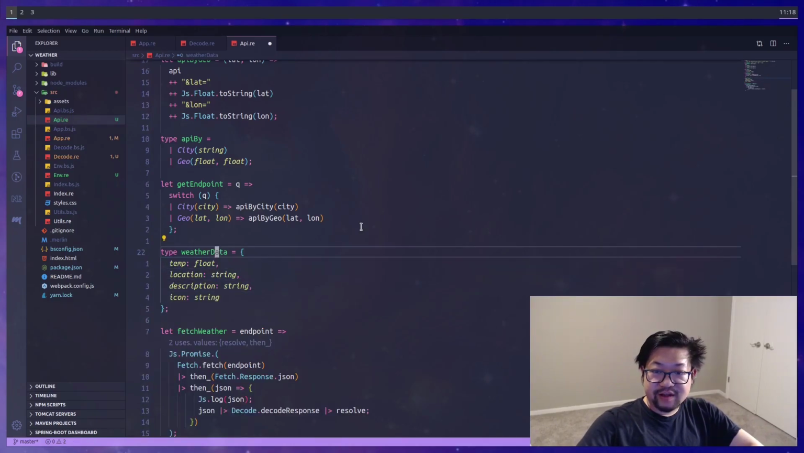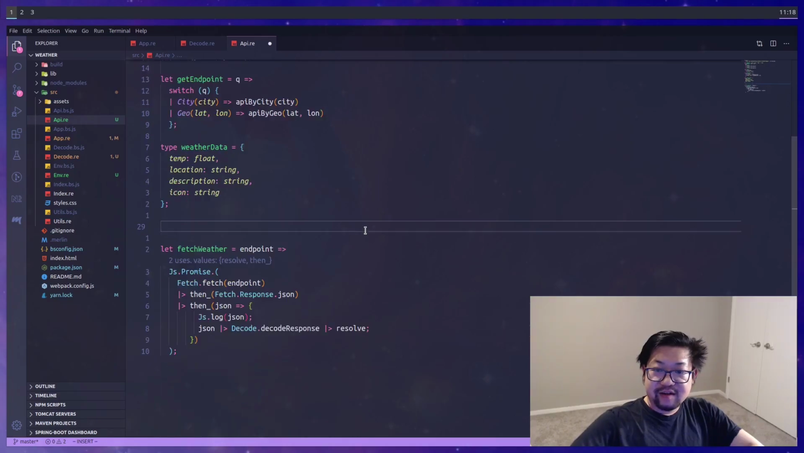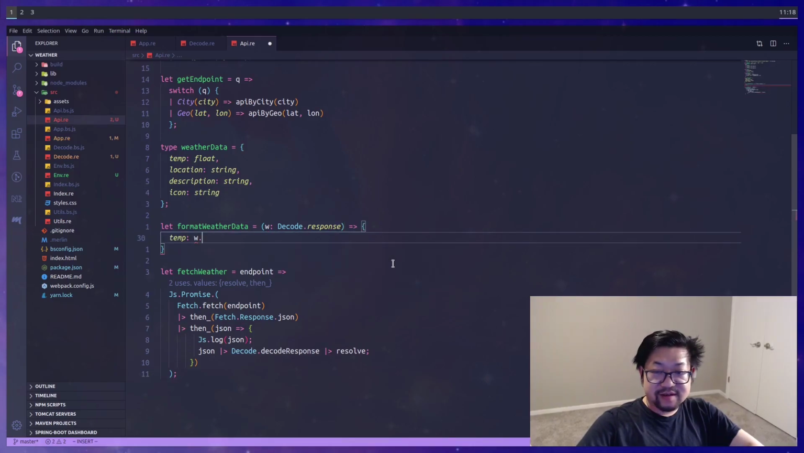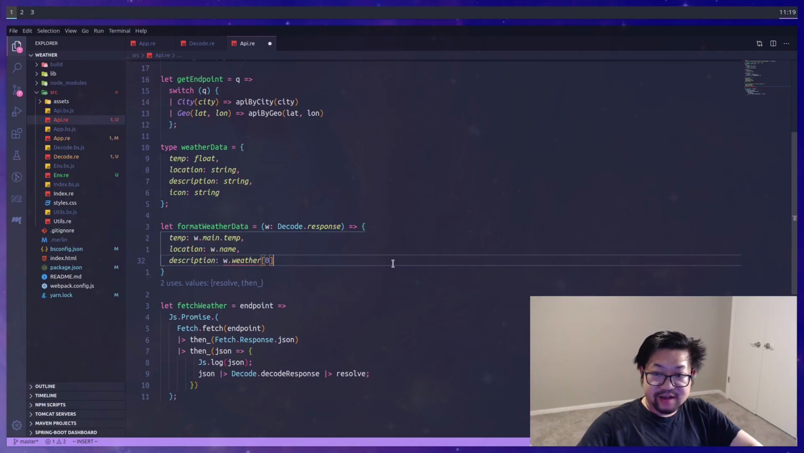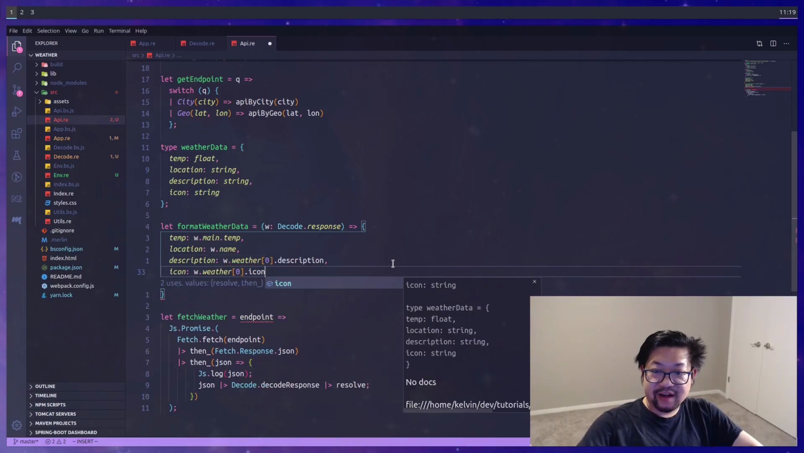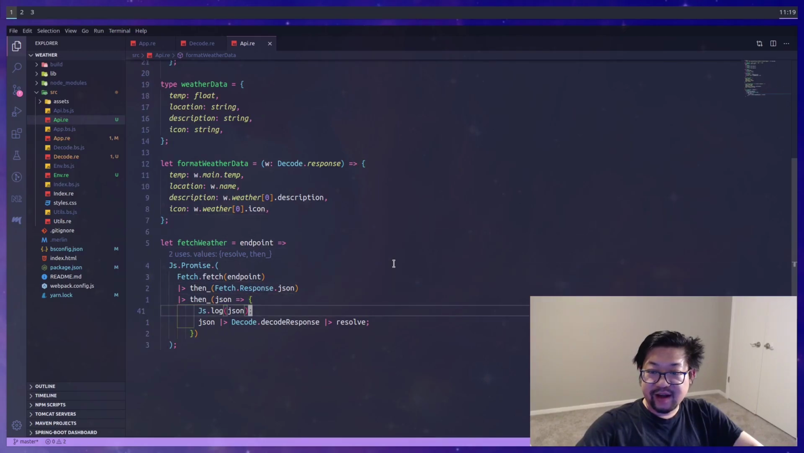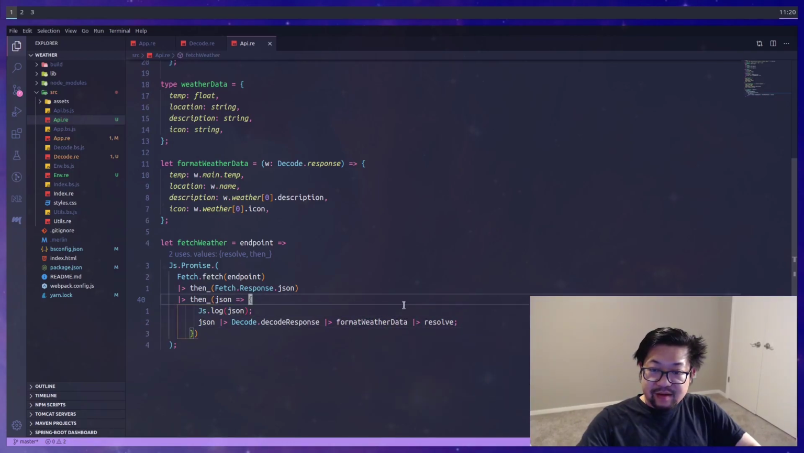So I'll add a weather data, and now we want to add a function to coerce the decoded response into weather data. And this function is going to be named format weather data, which takes the decode.response. And then we can just access the nested properties of the decoder response. And Reason, you can still use the bracket notation for array types. And that's how we're going to get description and icon. And then finally in fetch weather, after we decode the response, we'll pipe it into format weather data, and then we'll resolve it then. And that means now we can get rid of this console log and these brackets